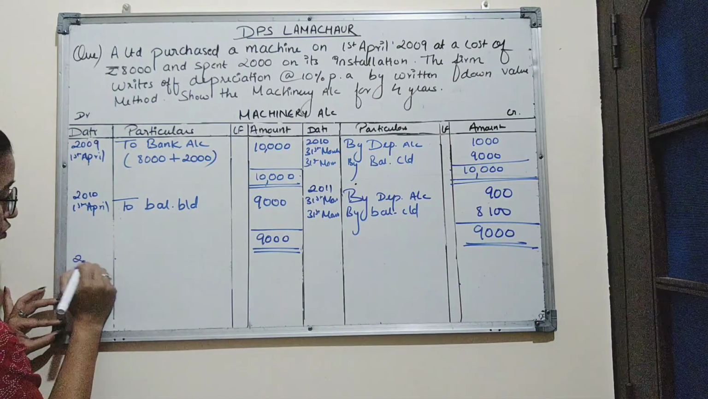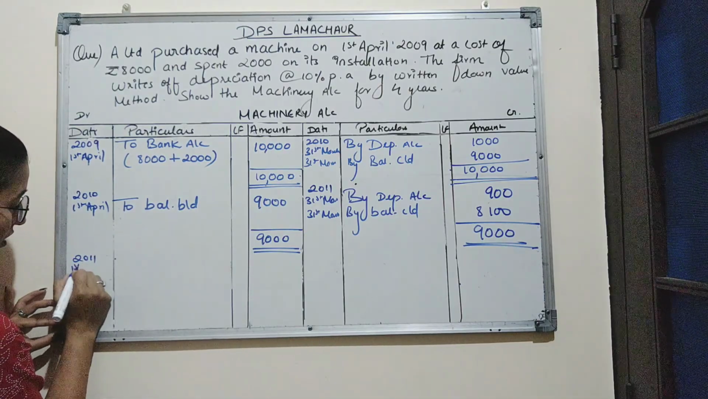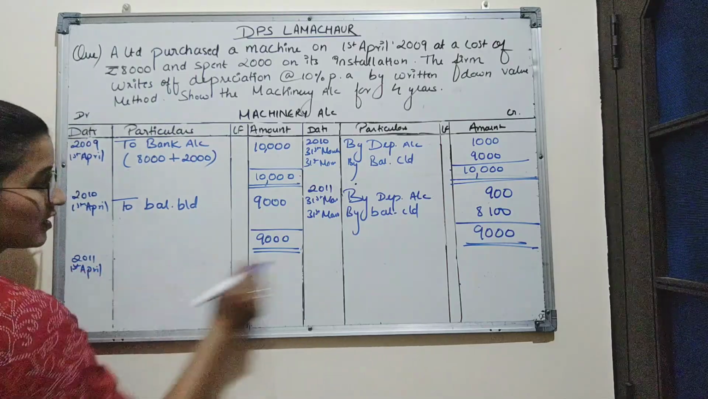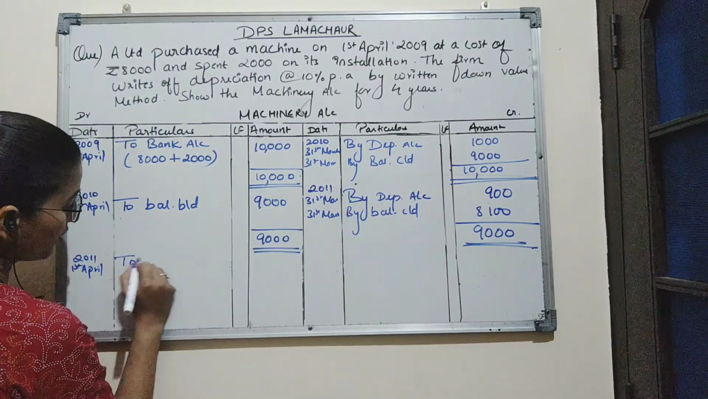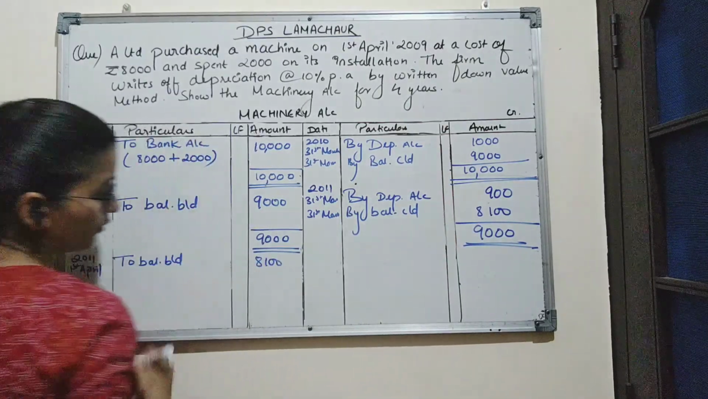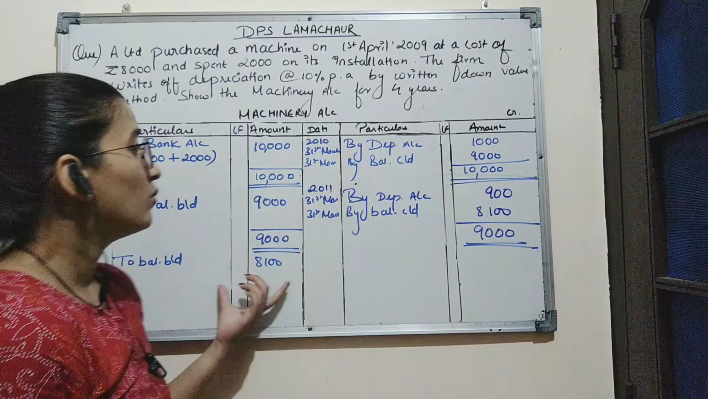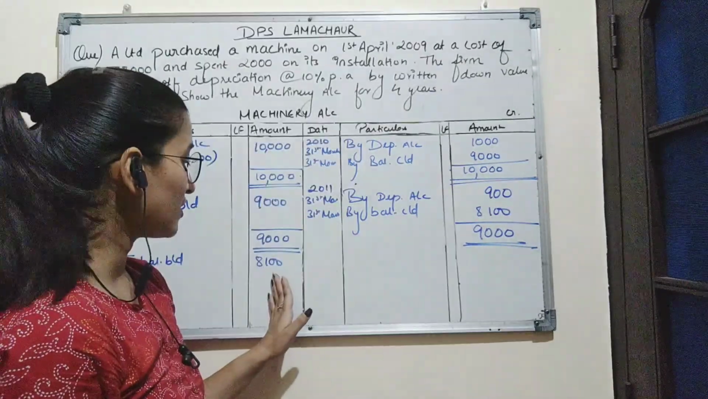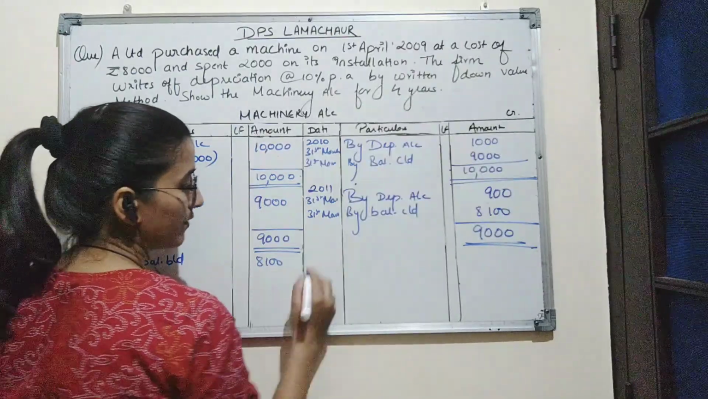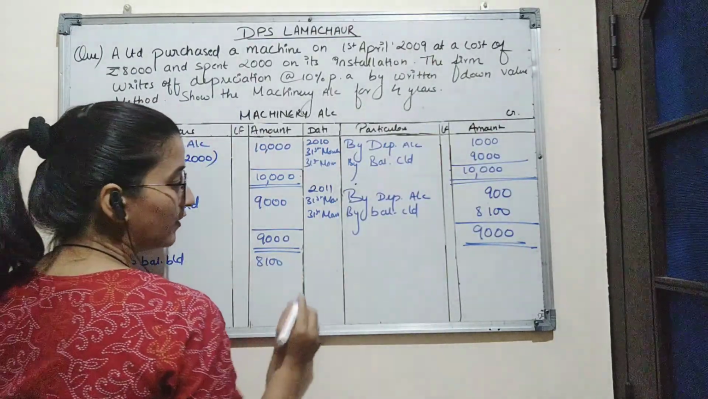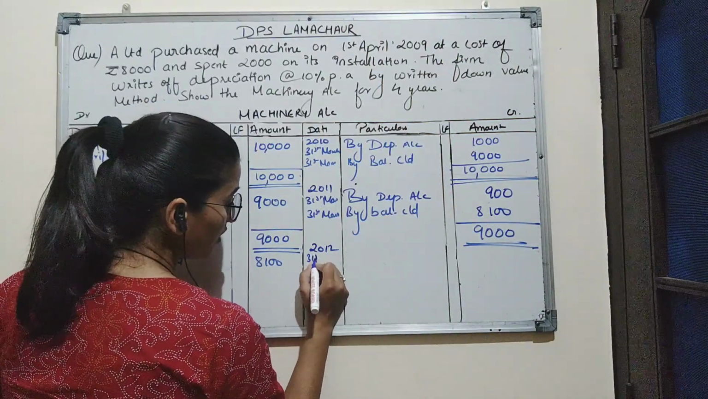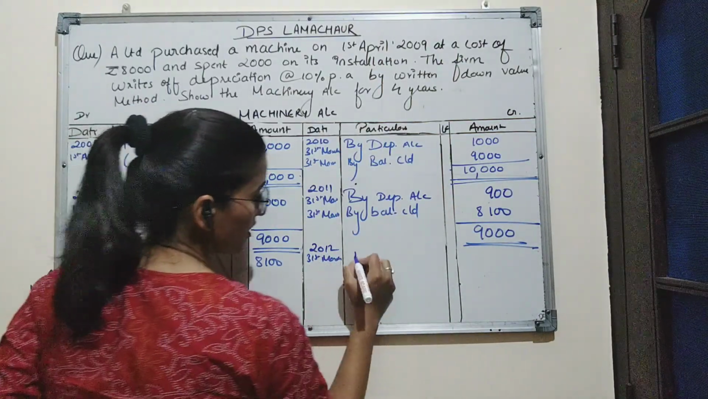The next year will be 2011 only, and the beginning of the year will be on 1st April. So this balance carried down is the balance brought down for the next year. The amount will be 8,100. Now again we will charge the depreciation on this machinery on this amount, which is the written down value of machinery. Depreciation is charged at the end of the year. Here the next year will be 2012, 31st March, by